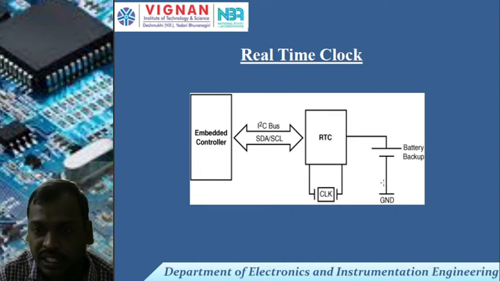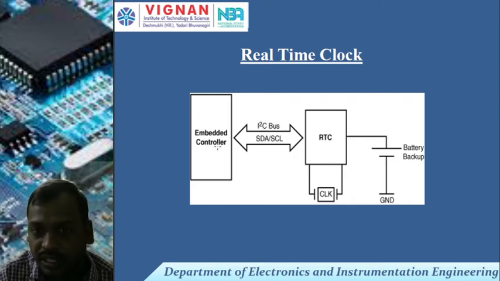Whenever you are using a general purpose system and you switch on the desktop, it always displays the current time, current year, and current date. All of that is maintained internally by the real time clock. Here, observe the embedded controller: inside we have a battery backup. Any application, whether small, medium or large, requires the real time clock, so internally it maintains the current time, year and so on.